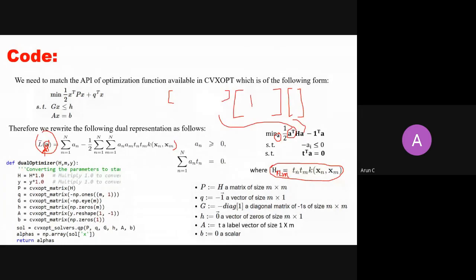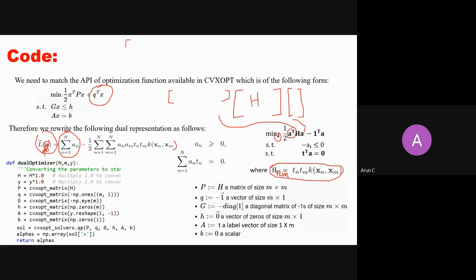So this is your H matrix, right? Each entry of H can be calculated this way. Just to synchronize it with this, because I want to put it into this form, I need to additionally add Q transpose X to this. So here I have a second summation, this is AN. I'm just summing all those alphas values, A1 plus A2 plus A3 till AN.